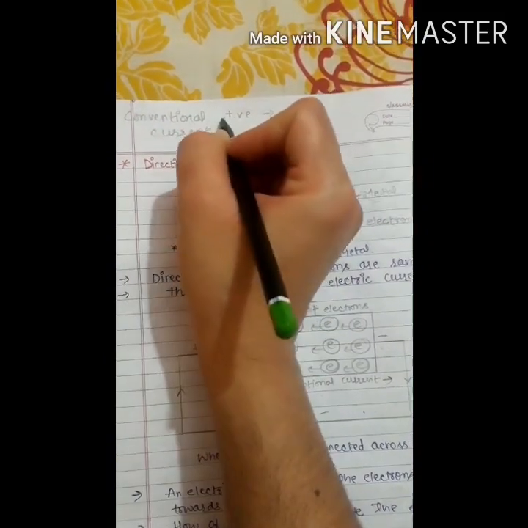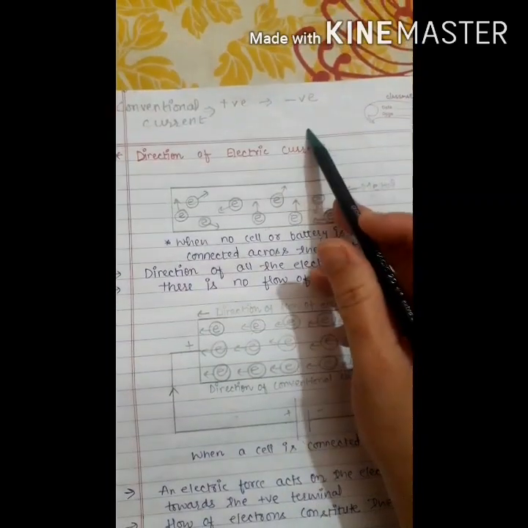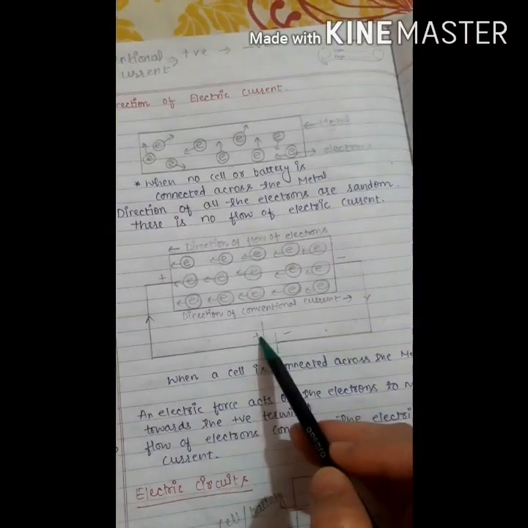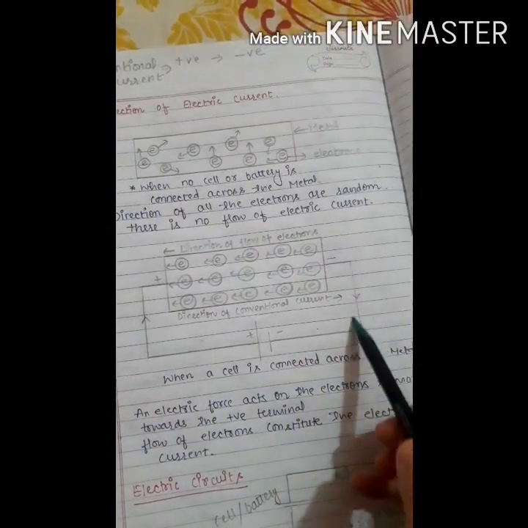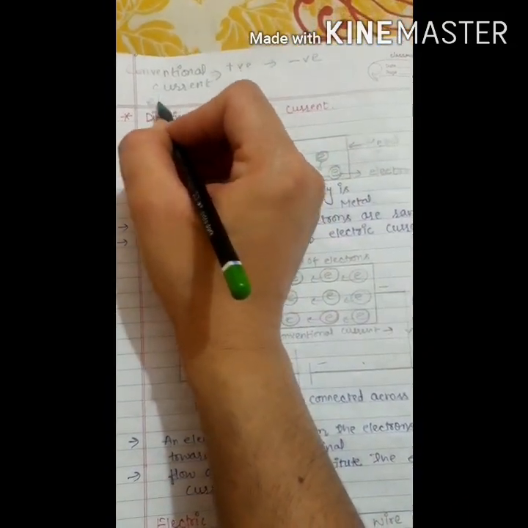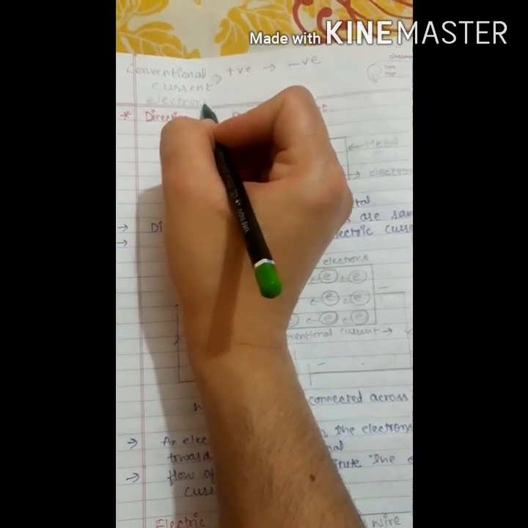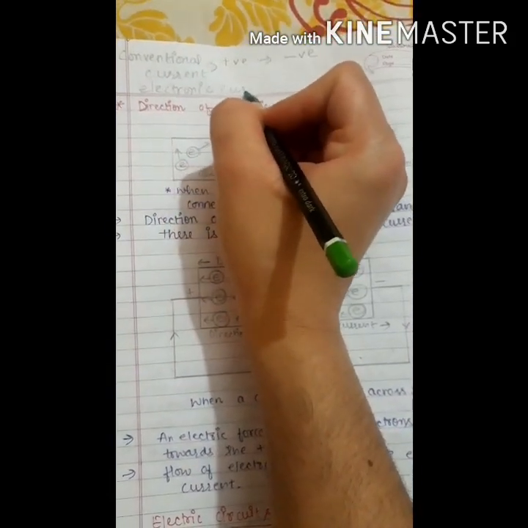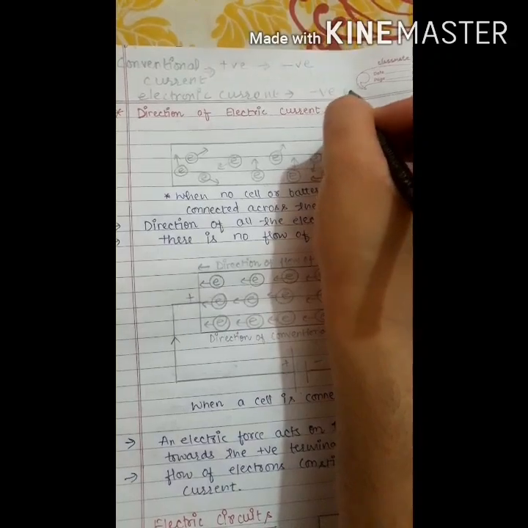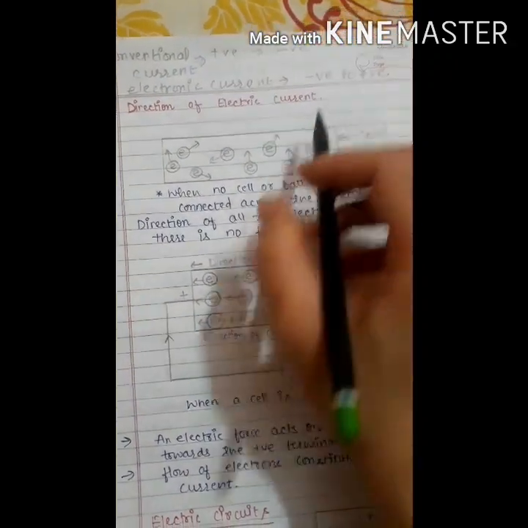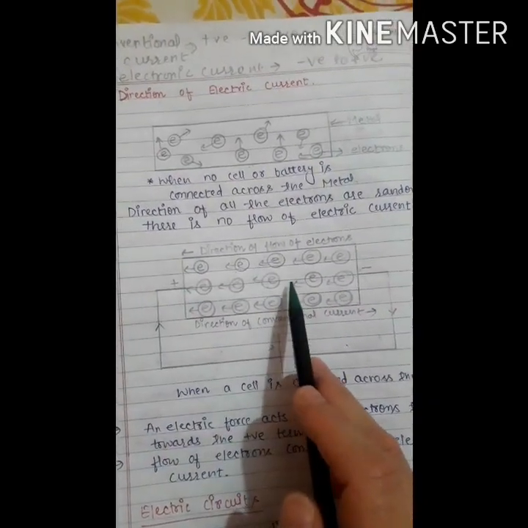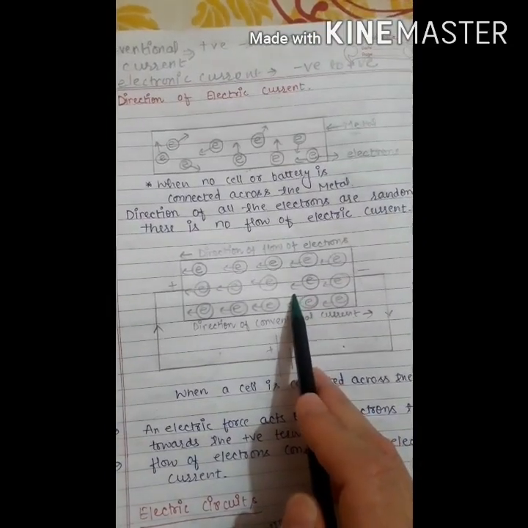Conventional current always flows outside the circuit. As shown in the figure, the direction of conventional current is from positive part to the negative part of the cell. Whereas other current is known as the electronic current, which is the opposite of the conventional current. The direction of electronic current is from negative to positive. This current will move inside the metal wire from negative to positive, and this current is generated from the flow of electrons.